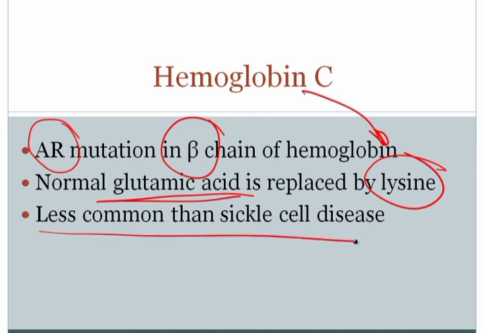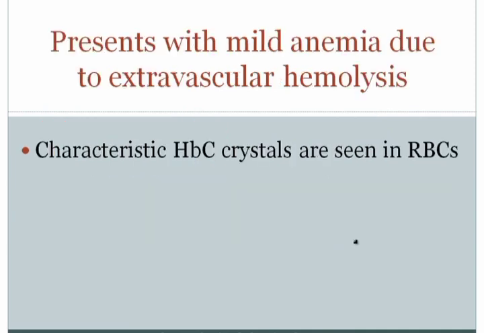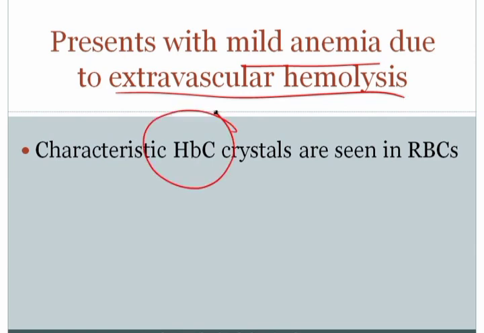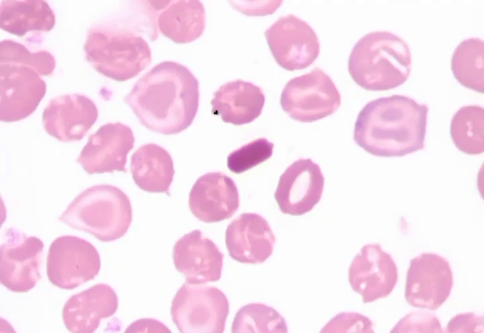This is less common than sickle cell disease. It presents with a mild anemia. The anemia is predominantly due to extravascular hemolysis. But what's most important about this disease, especially for examination purposes, is that you characteristically see hemoglobin C crystals on the blood smear. And this is the classic hemoglobin C crystal. So lysine and hemoglobin C crystals. That concludes our discussion of normocytic anemias with mostly extravascular hemolysis, and our next discussion is